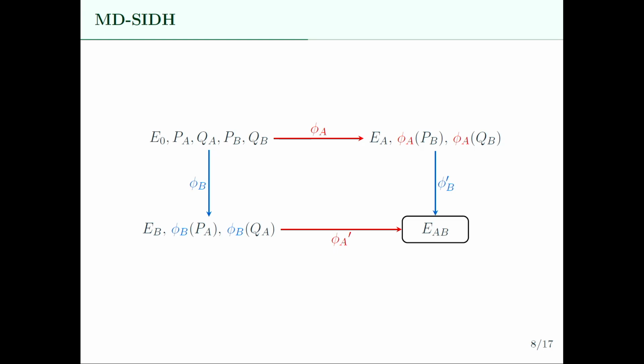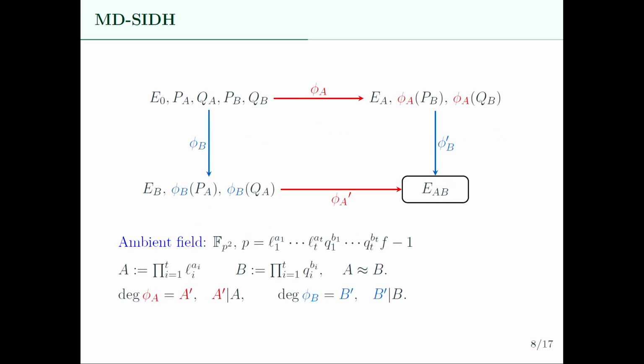So if you want to hide the degree of the isogeny, how do you do that? So you had SIDH, which was like this, and the degree of phi A was a power of 2, the degree of psi B was a power of 3. So if you want to hide the degree, you can no more use powers of 2 and powers of 3 because they don't have that many divisors. So what you need, first of all, is to change your prime characteristic to a prime of this form where the degree of phi A will be a divisor of this first part and the degree of phi B will be a divisor of this second part. So the degree of phi A will be some A prime that divides A, and the degree of phi B will be some B prime that divides B.